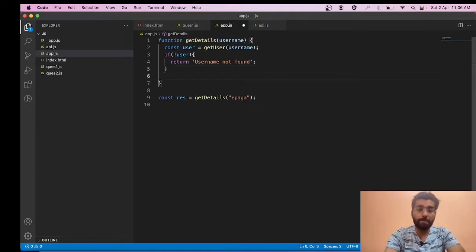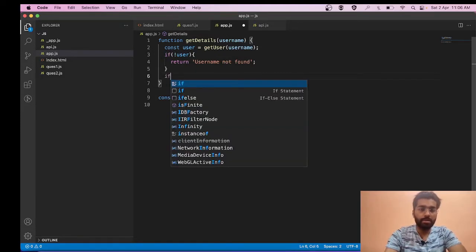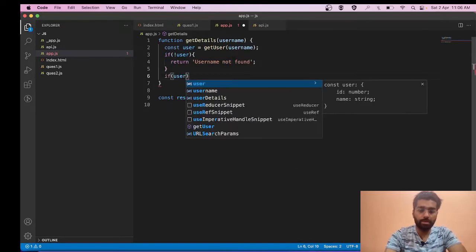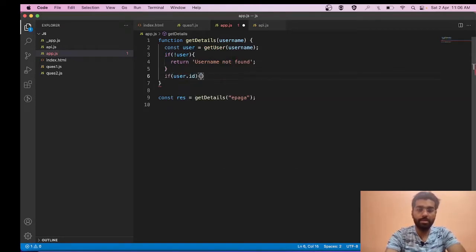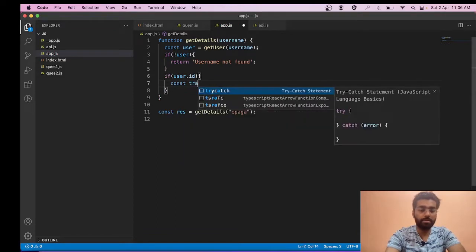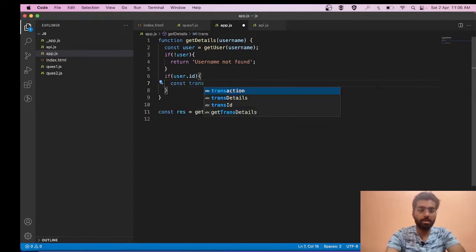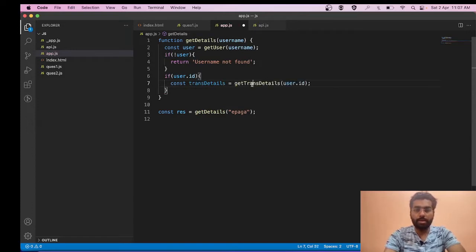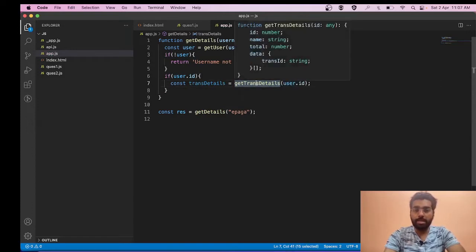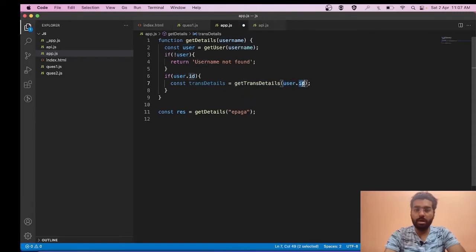Now we need to check that if we have the user details, then we need to hit another API which will fetch us the transaction details. So if we have a user.id, then we need to fetch the transaction details. Transaction details equals get transaction details, and this transaction details API will be taking user.id.